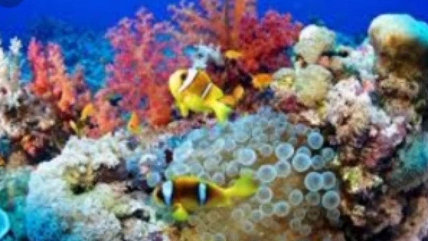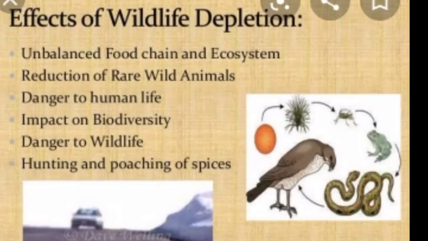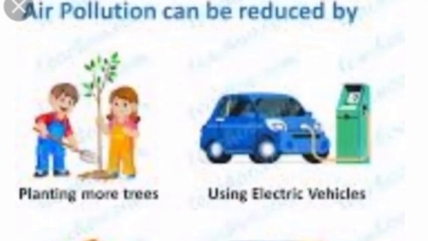Marine life. A large amount of nitrogen present in some fertilizers is washed into the water bodies. They cause the growth of green algae in the seas. This is called eutrophication. This adversely affects fish, plants and animal species. Effects on wildlife. Harmful substances present in the air affect wild animals.